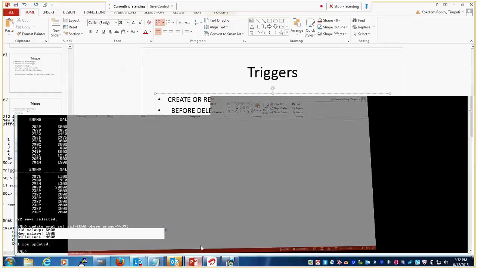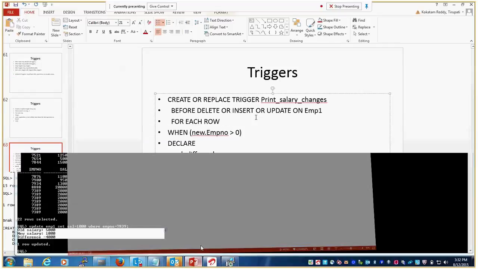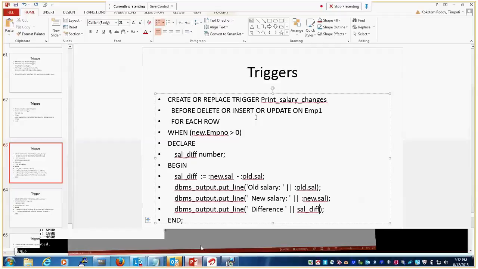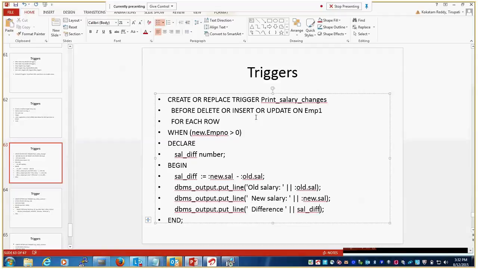Not only salary, if you want to get the old or new employee number, we can get everything. For insert we should use only new; the new predicate only is supported, old is not supported. For update, new and old both are supported.